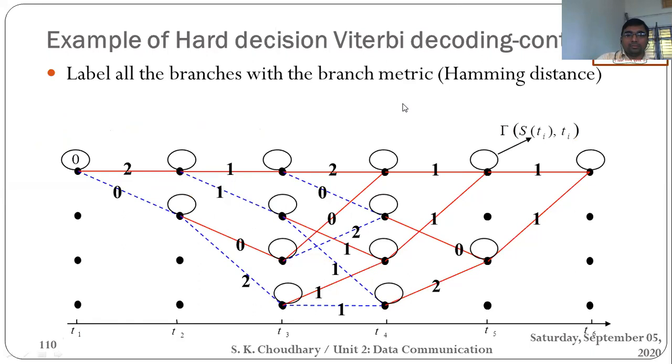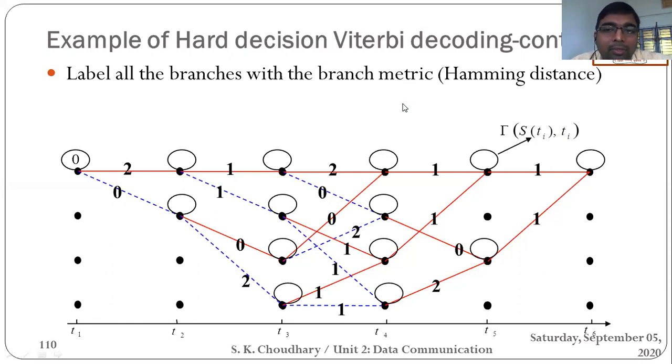You can see that in this particular slide we have mentioned the Hamming distance between the two successive nodes or states. How this has been written, I will teach you in the next lecture, because we have very little time and it would not be sufficient to discuss the decoding. So I am just showing you the overview. You can take a screenshot and draw it. I am showing all the slides that I am going to take in the next lecture. So just take the screenshot for today and draw it in your notebook.